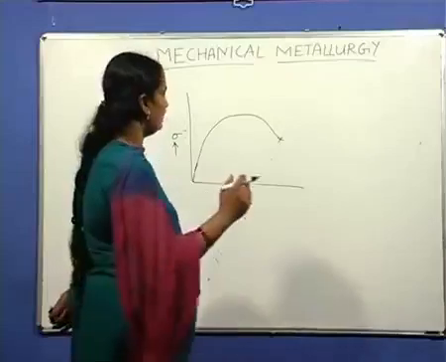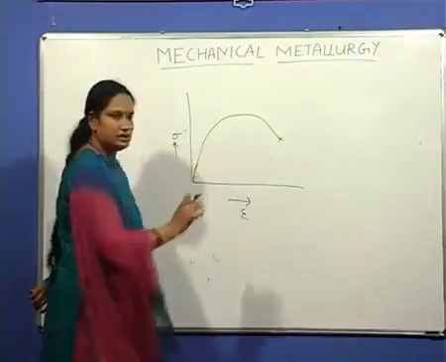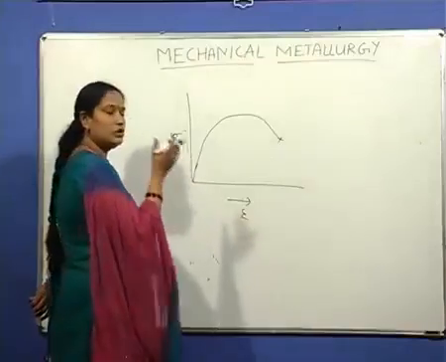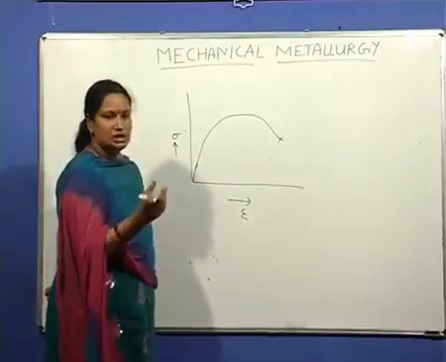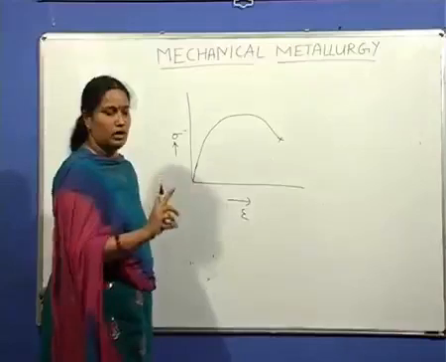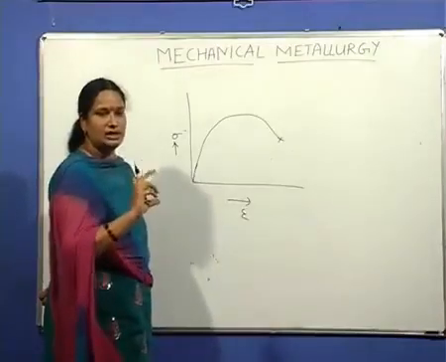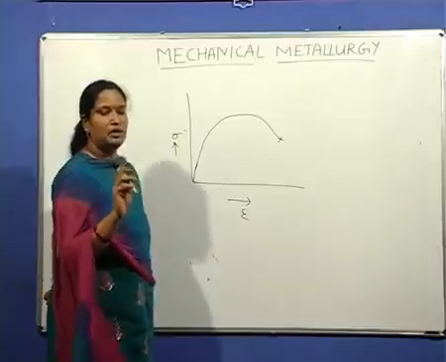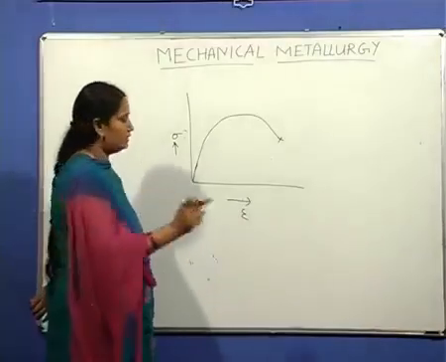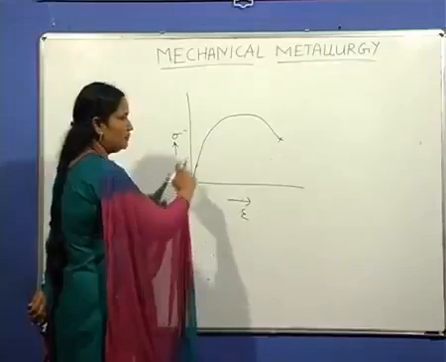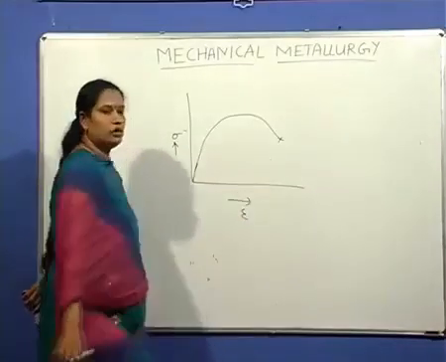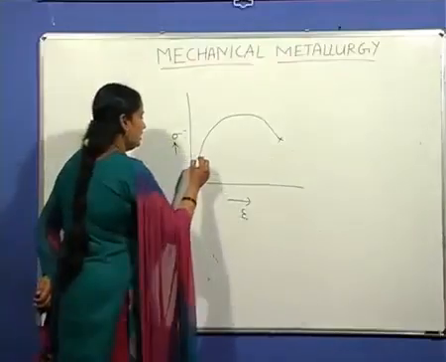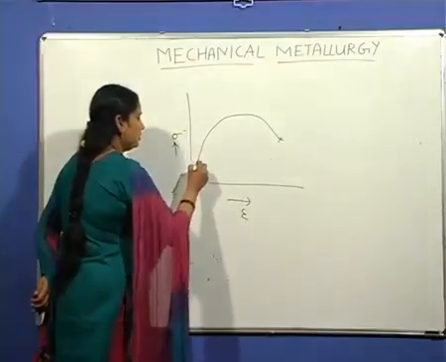So you are increasing the load at a fixed rate by means of a load cell, as well as you are finding out the extension upon the application of load, or what is the change in length the material is undergoing by means of an extensometer. And the geometry of the material is known. From that, calculate stress versus strain and plot it, where the graph somewhat looks like this. Okay. So this initial linear portion